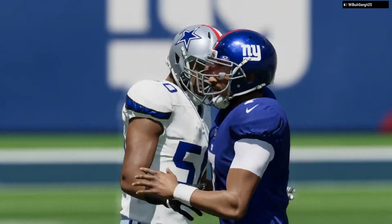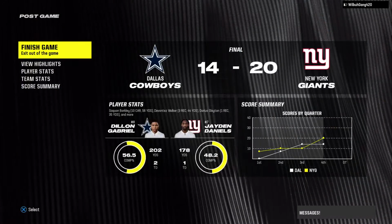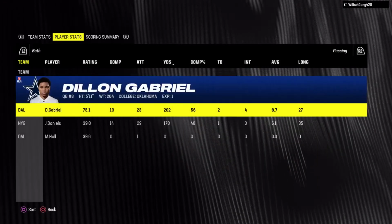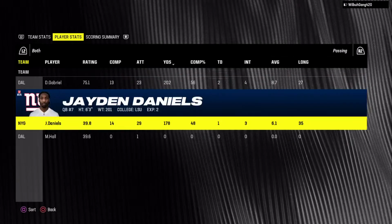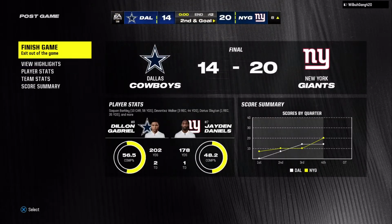Don't let them throw the ball through the air and gain a lot. But now it's about taking the ball away, taking away possessions, getting the ball back for their offense. They had 3 takeaways in this one, and it led them to victory. So for the Giants,